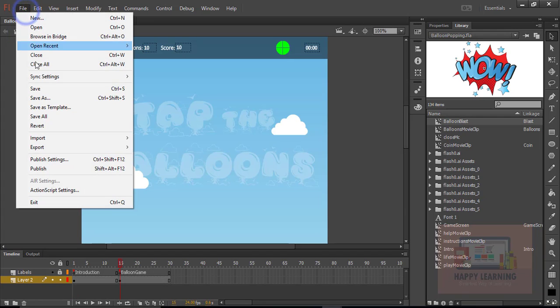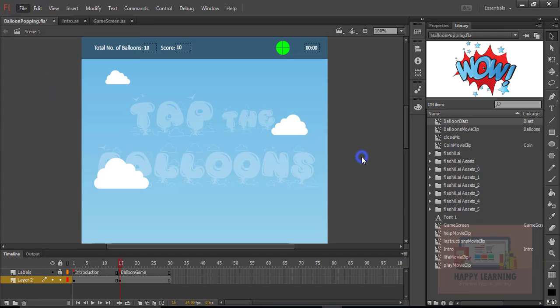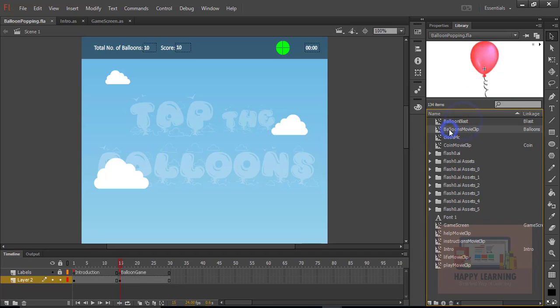I just wanted to display that blast according to the balloon color. Let us save this. This is how we design that game, and in the next part we are going to see how we can make them